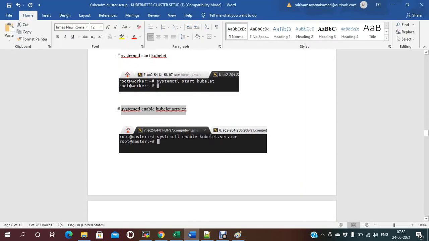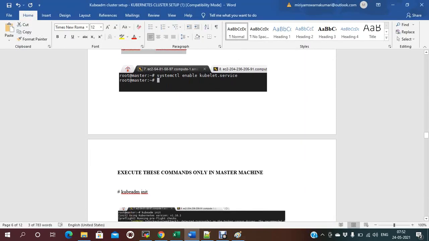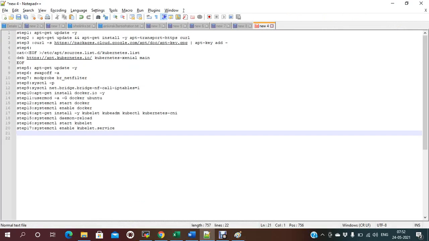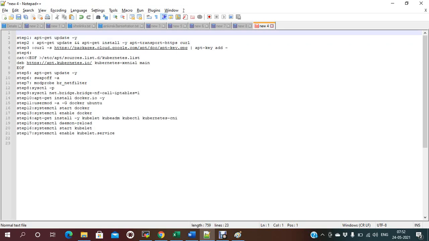Now, as of now, these are all the commands from both master and node. The below commands are for both master and worker node.